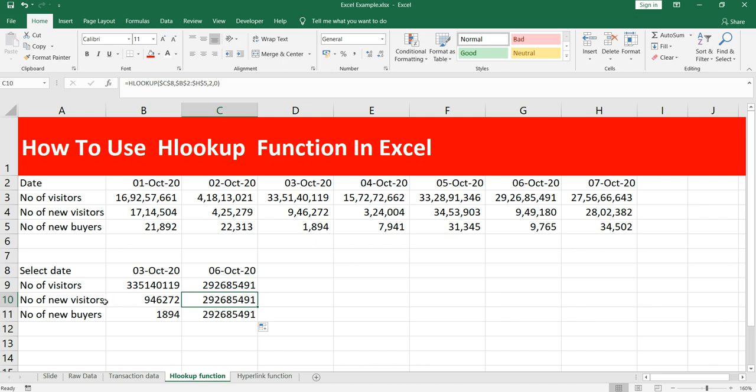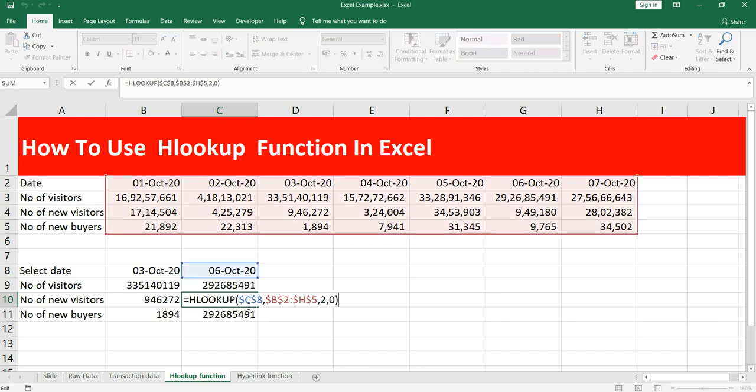Even for number of new visitors we are giving the index value of 2 here. Now when you see that this is our range and the 1st October comes as row number 1, the number of visitors comes at row number 2, number of new visitors comes at row number 3. So instead of 2 I have to give 3.